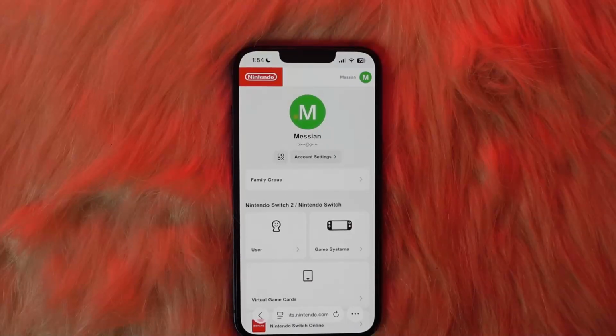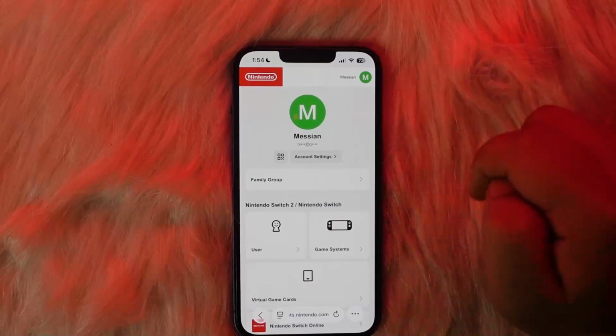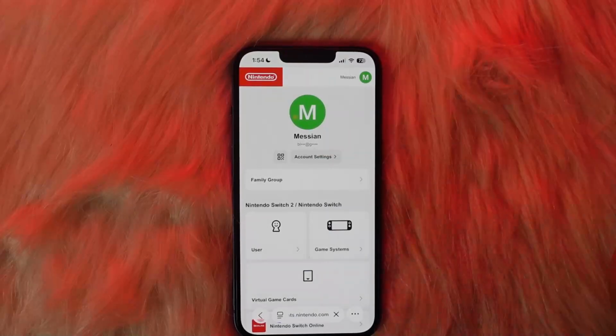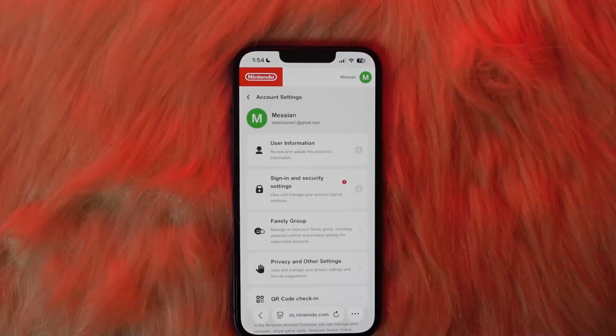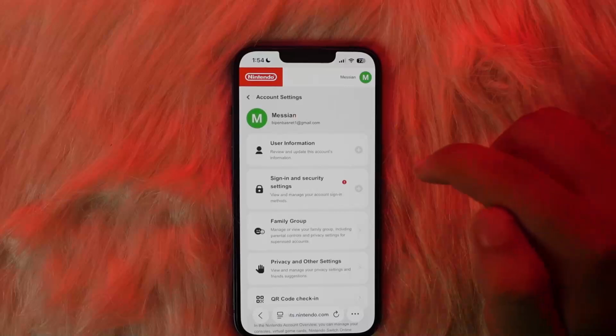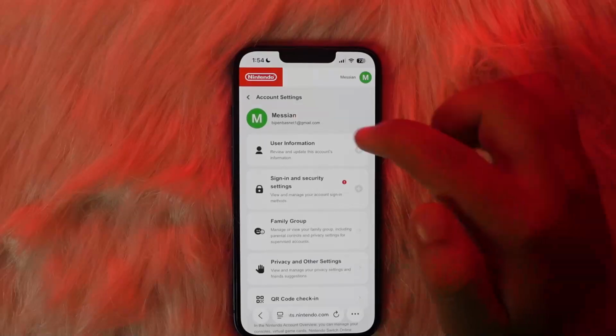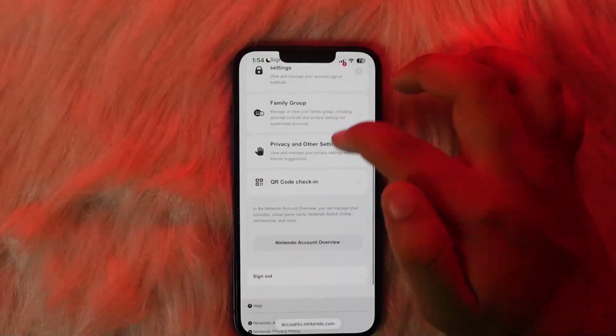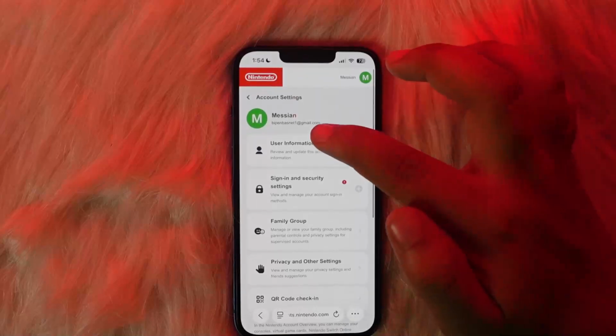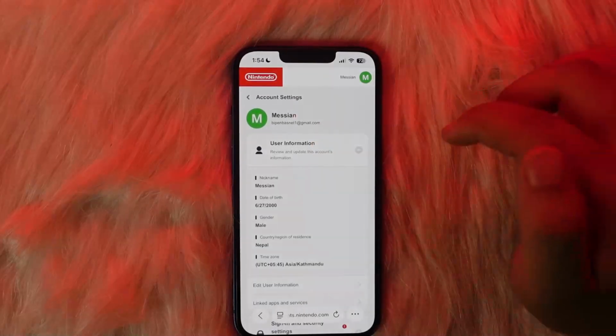Well, to change email in Nintendo account, what you can do is proceed to head into accounts.nintendo.com on any web browser and make sure you're logged into your account. Then head over to account settings. Once you're on the account settings, you can see user information, you can see sign in and security and various options, right? You can head into here